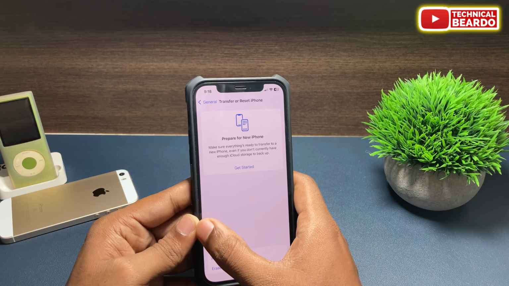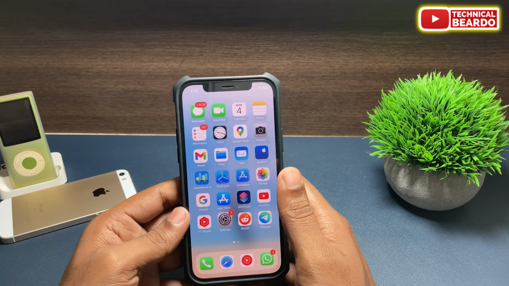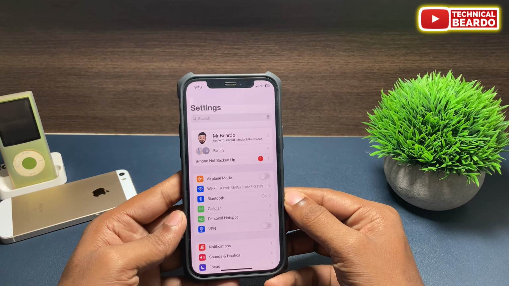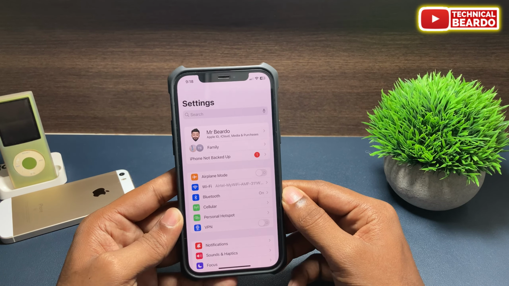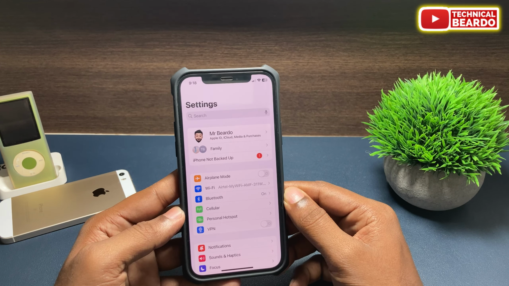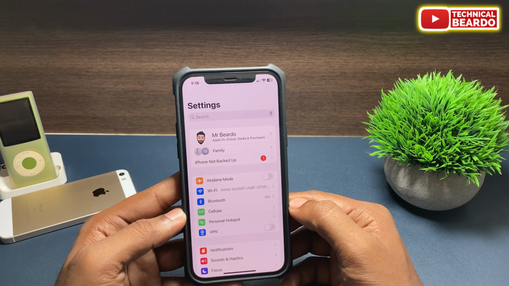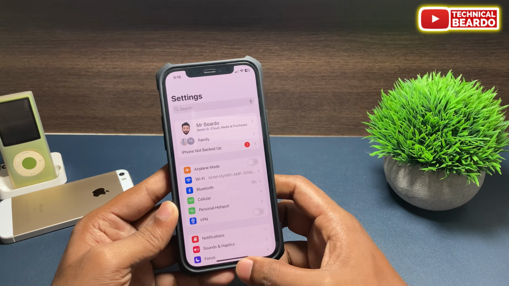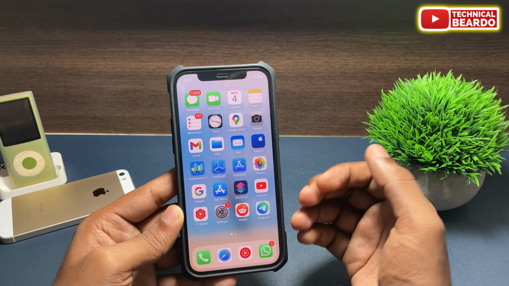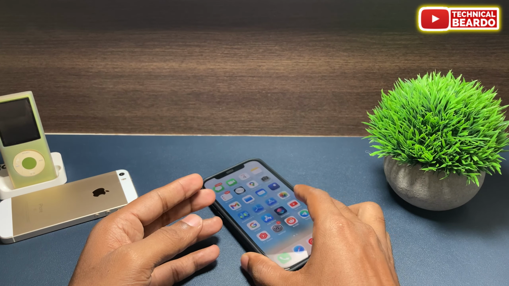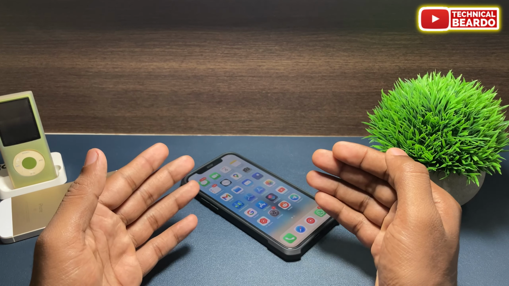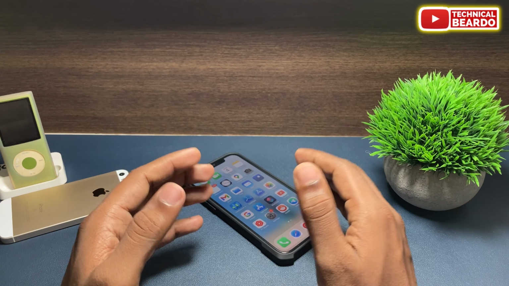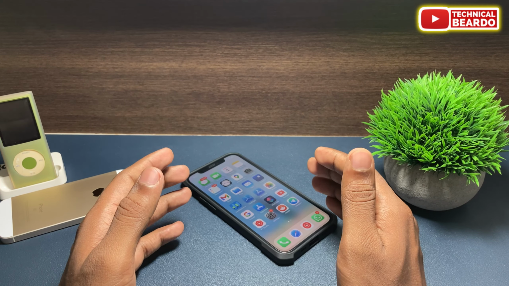And guys, even if none of these solutions work for you, then you can try other available solutions, because as per my knowledge these are the basic solutions. You can still take your device to the Apple Store or Apple Care to fix the issue. If there is any hardware issue, they will check it. If you don't want to go to the Apple Store, then you can reset your iPhone at your convenience, but remember, it should be your last option. Make sure your data is backed up, and only then try this option on your iPhone.